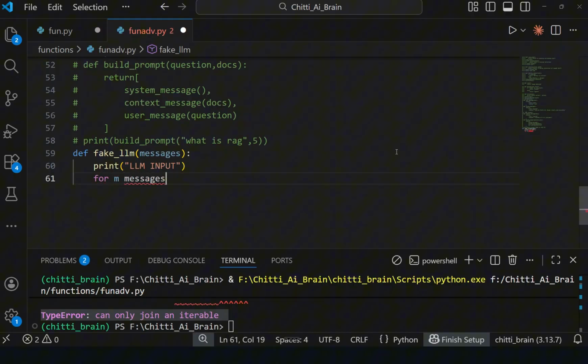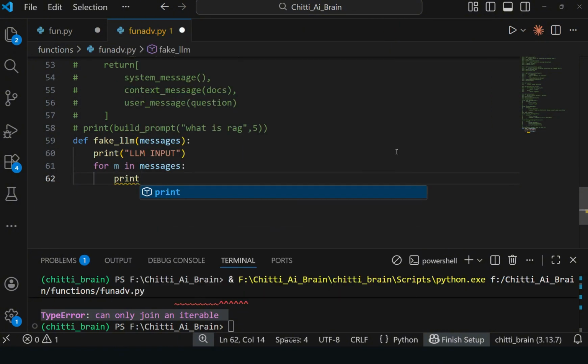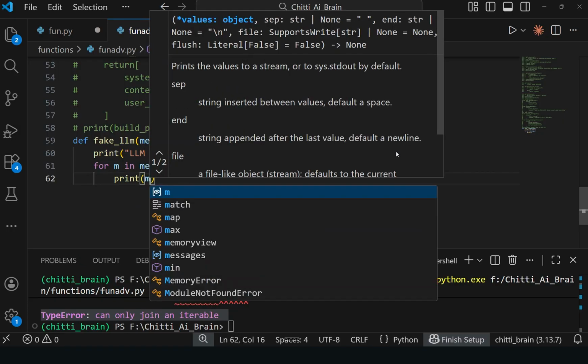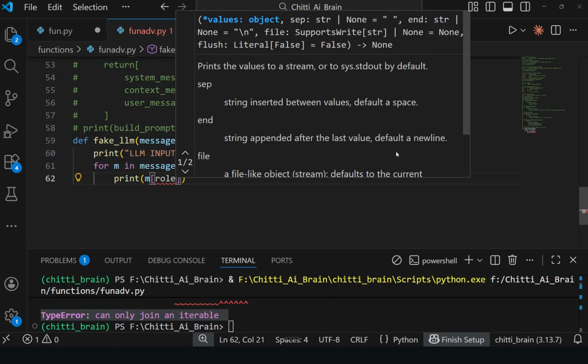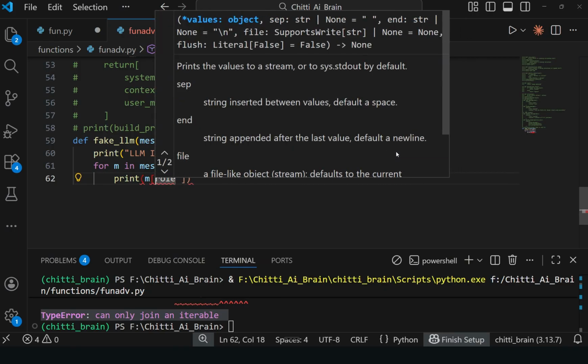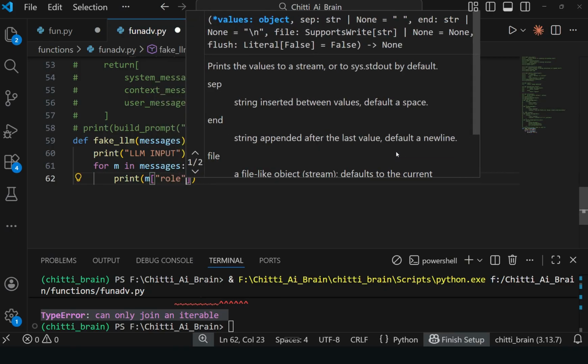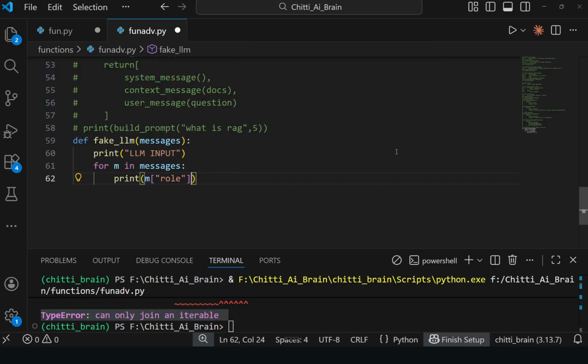For m in messages, nothing but multiple messages will be there. For all the messages it will answer. Now print according to the role. What is the role of the system? Like assistant and content.